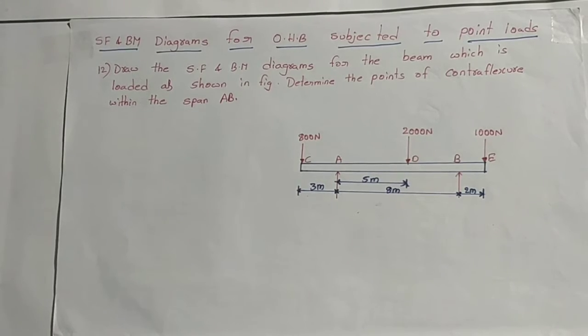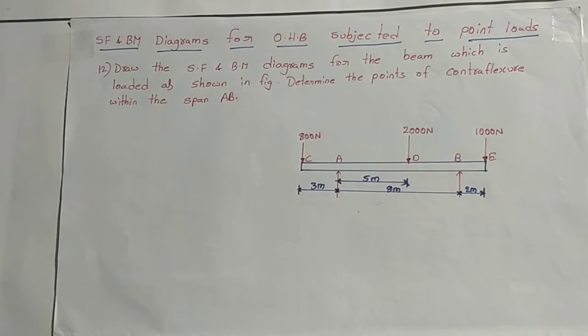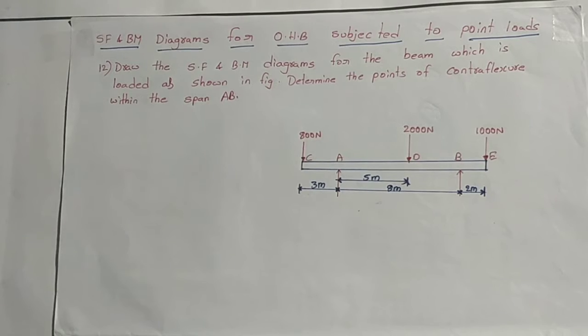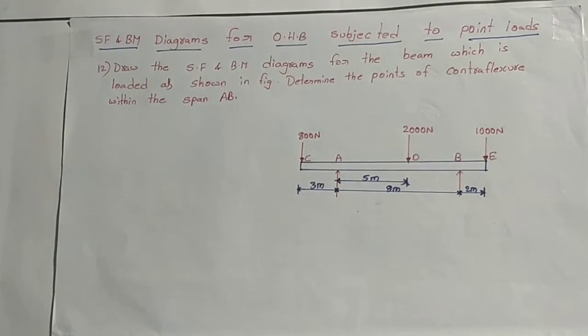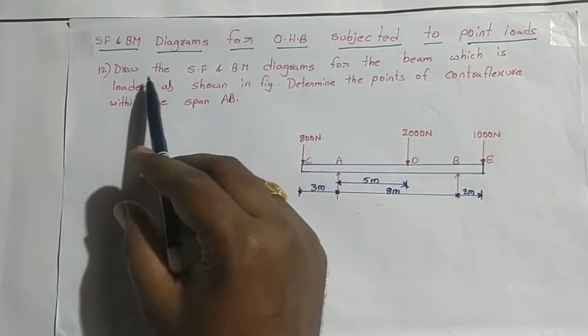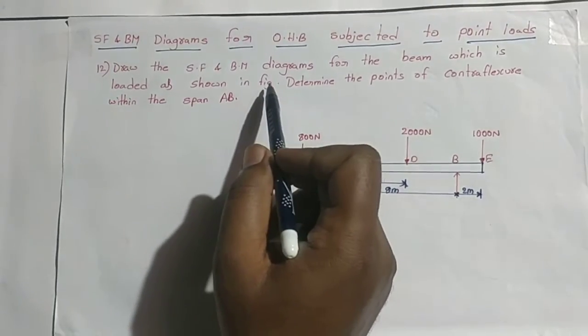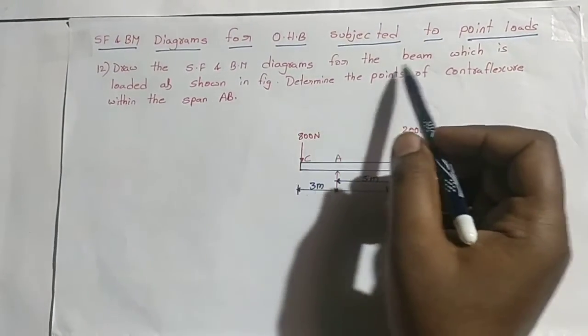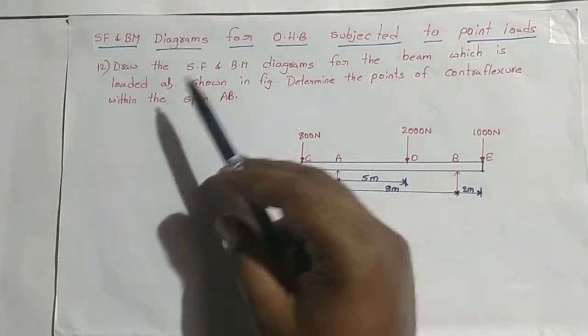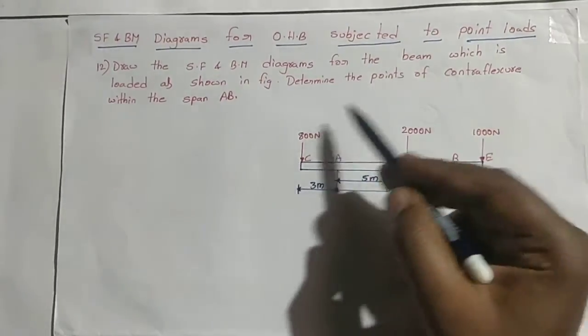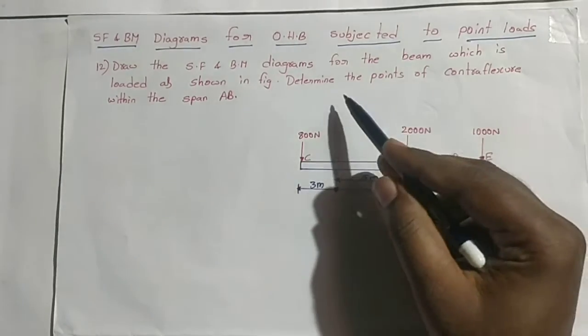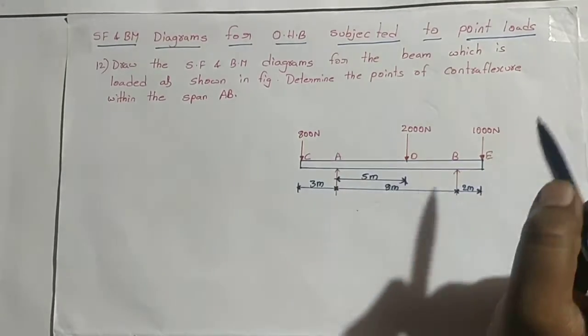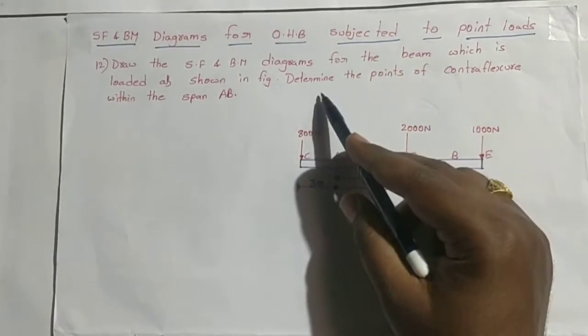Today I am going to explain how to calculate shear force and bending moment diagrams for overhang beams subjected to point loads. Here the problem given is: draw the shear force and bending moment diagrams for the beam which is loaded as shown in the figure. It is the given diagram. For this we need to draw the shear force and bending moment diagrams, as well as determine